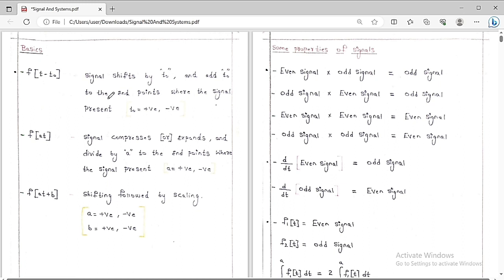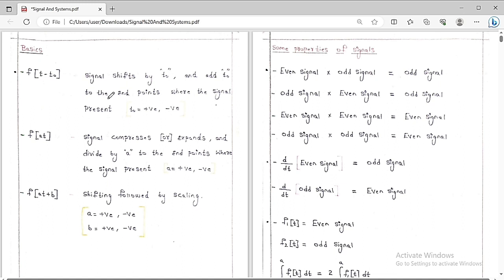It means we are going to shift the signal either to the left side or the right side, but without changing the waveform. We just shift that signal waveform to the left or right, and we are not changing anything other than this. Then the signal shifts by t0, and we add t0 to the endpoints where the signal is present. So for the original signal f(t)